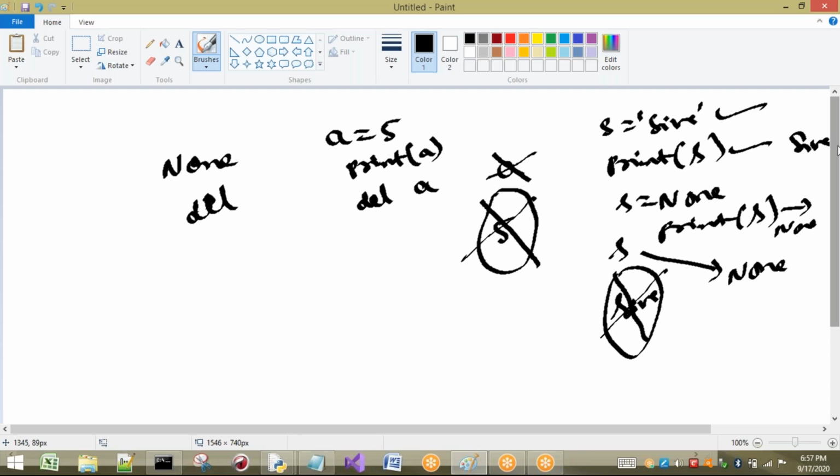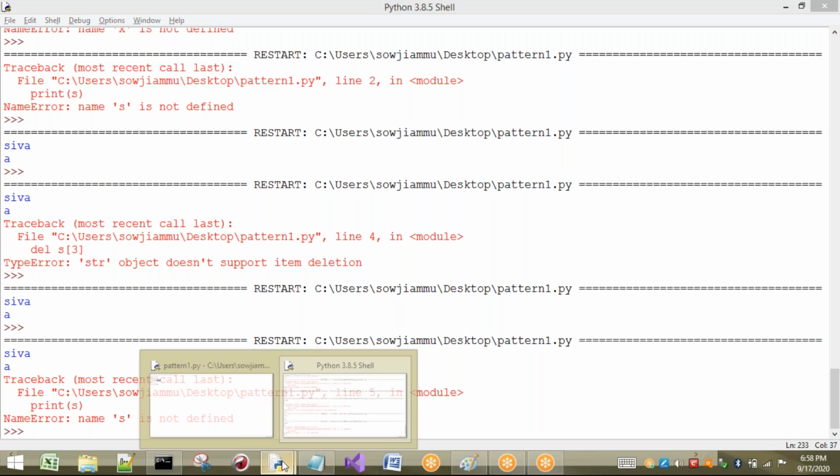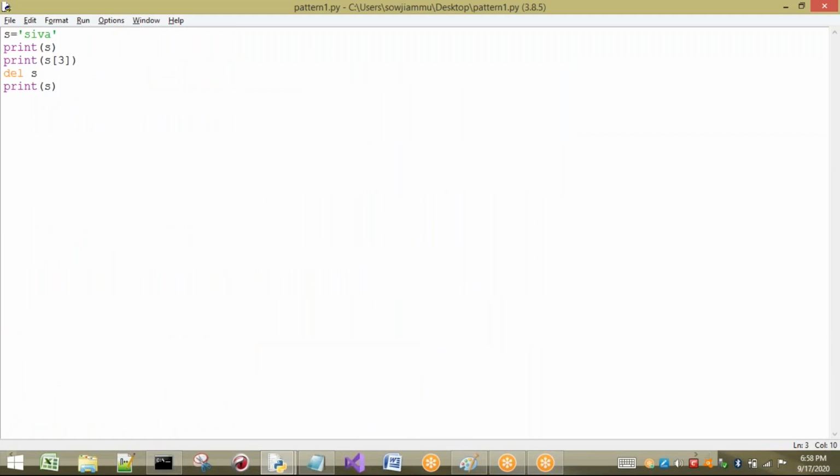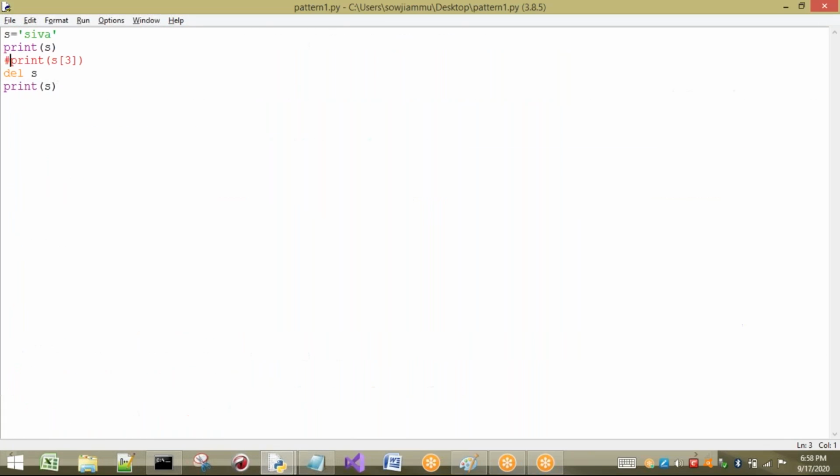One thing you have to understand, because internally we know about identities also. I will show you about that. First I will show you an example of the differences between del and None. I will take a small program and show you. Once again I will show you. Here we are going to get an error because the object is deleted. Now I don't want to use del of s. I want to use s equal to None. Now if I print this one, there will be no error.